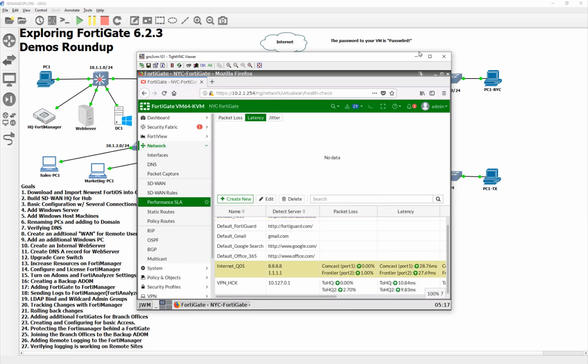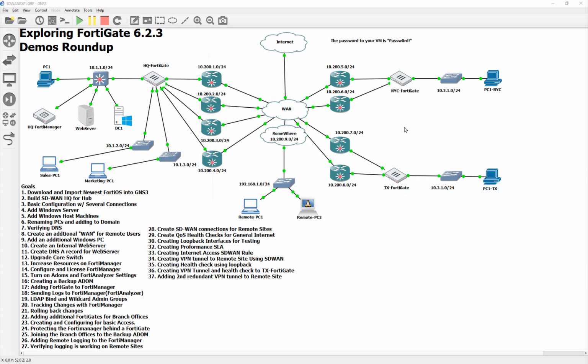So, anyways, probably starting in the next couple of days, guys, we'll go ahead and add the Texas office and we'll do our IBGP. And then you'll see once everything's set up the way it's supposed to be, we can remove the loopbacks and actually start doing rules based off of things like our web server over here, or maybe linking an LDAP bind through to these two sites here. So